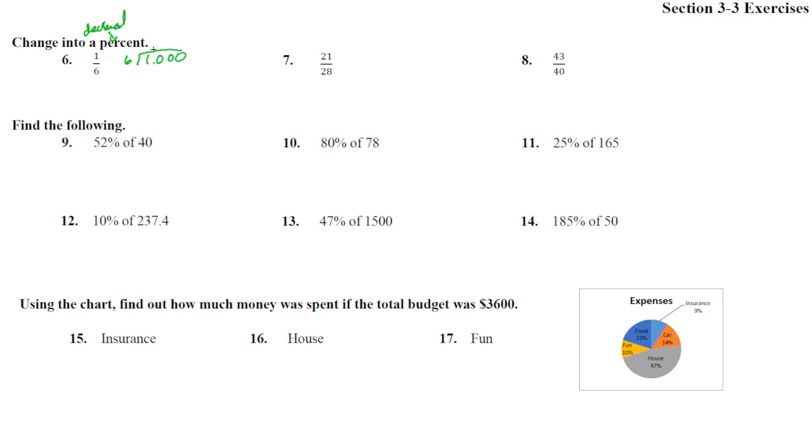6 goes into 1. No. 6 goes into 10. Yes, 1 time. 1 times 6 is 6. Subtract and we get a 4. Drop down the 0. 6 into 40, that's a 6. 6 times 6 is 36. Subtract and we get a 4, and we are now going to repeat that pattern. So if we write out 0.1, write out a couple of these, 6, 6, and then it goes on forever